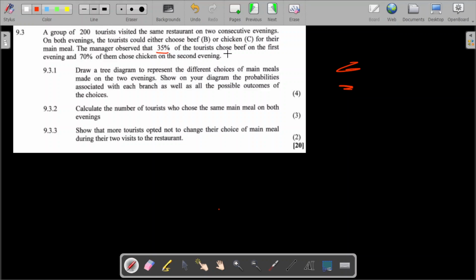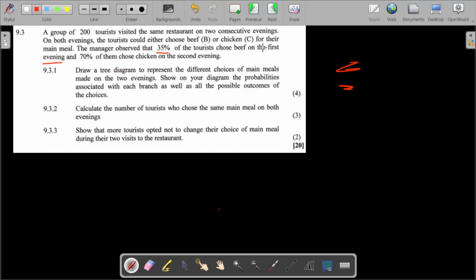35% of the tourists choose beef on the first evening, and then 75% of them choose chicken on the second evening. What is very important here is that on the first evening, 35 choose beef. On that same first evening, how many choose chicken? It is going to be 100 minus this 35 to get the ones who choose chicken